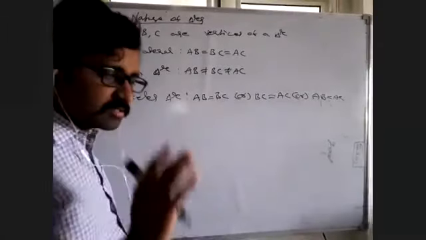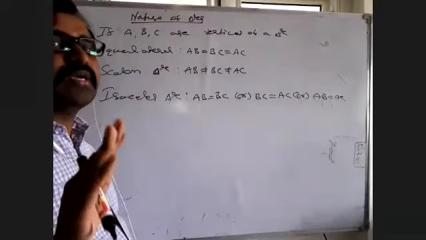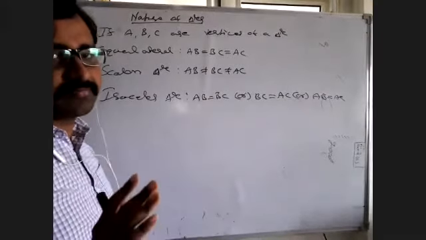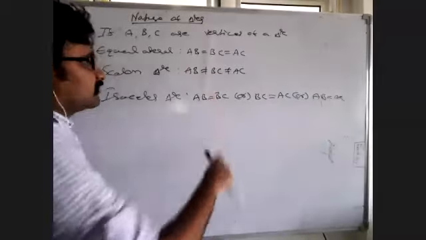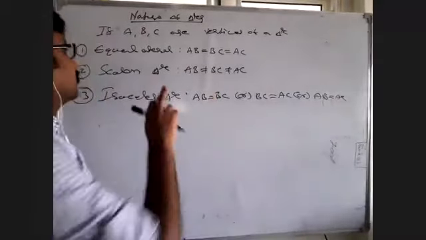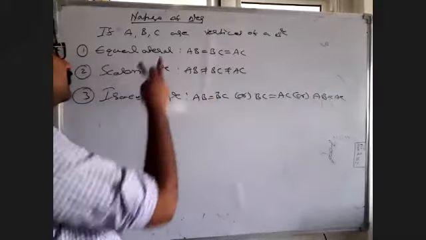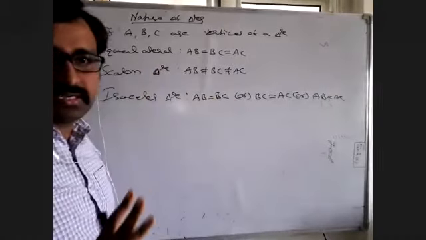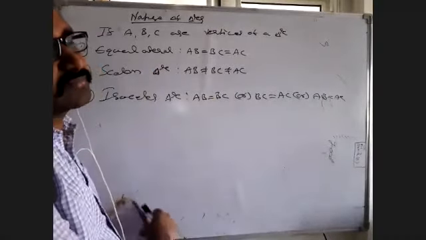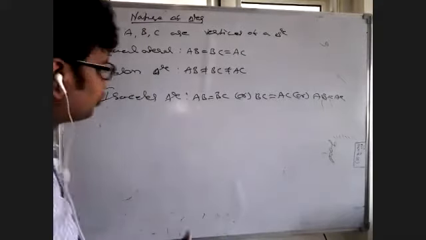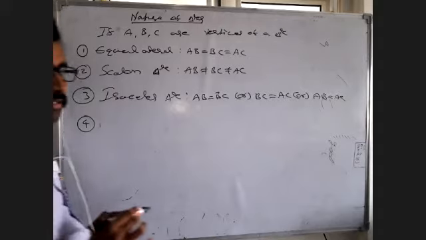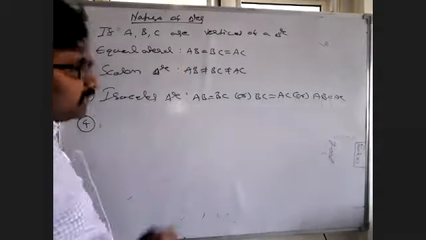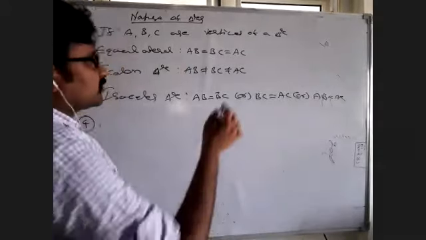Okay, these three are depending on sides. So if sides are given, by these conditions we can say whether it is an equilateral, scalene or isosceles triangle. If sides are given, then what about angles? Fourth one, in this triangle ABC,